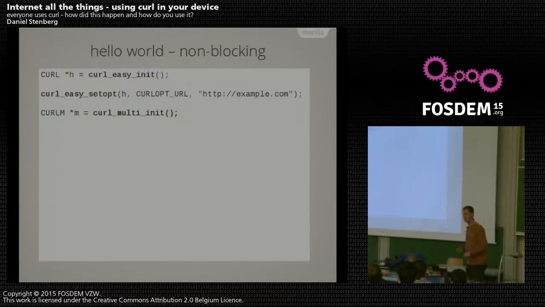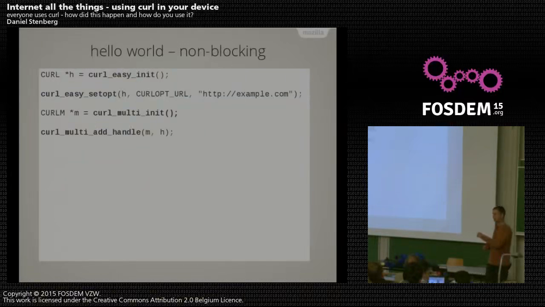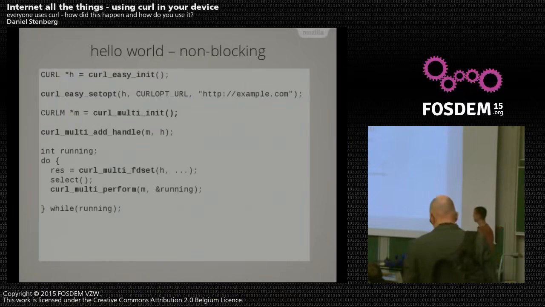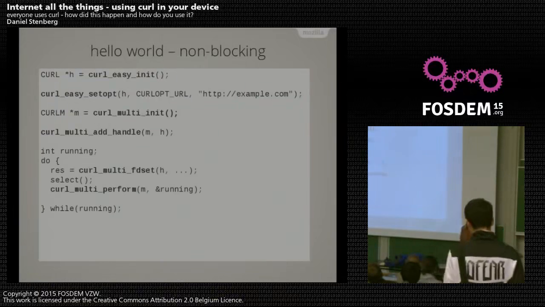And then I create a multi-handle. This is going to hold many transfers. And I add my single transfer to the multi-handle. And I can do this any number of times, any number of simultaneous transfers. I've had users do it up to 50K parallel transfers. It usually gets messy when you end up close to the 16-bit boundary, but you can work around it. And of course, you need to expand the number of open files that you support and so on. And then you run all those transfers simultaneously in a fun little select loop or whatever.